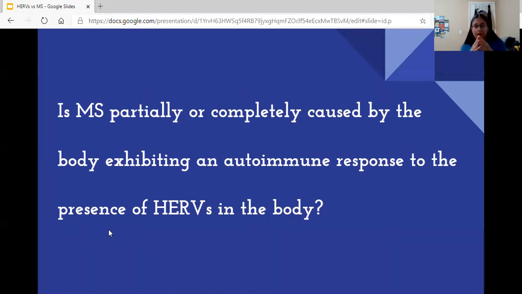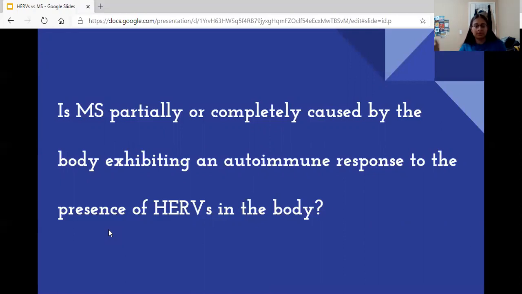As you might remember from what I said earlier, HERVs are in our human genome, right? But originally they weren't there. They're part of a different, I'm not sure if you can call viruses organisms since they don't have the ability to replicate themselves, but they come from a foreign molecule or foreign object. So essentially, it's been theorized that